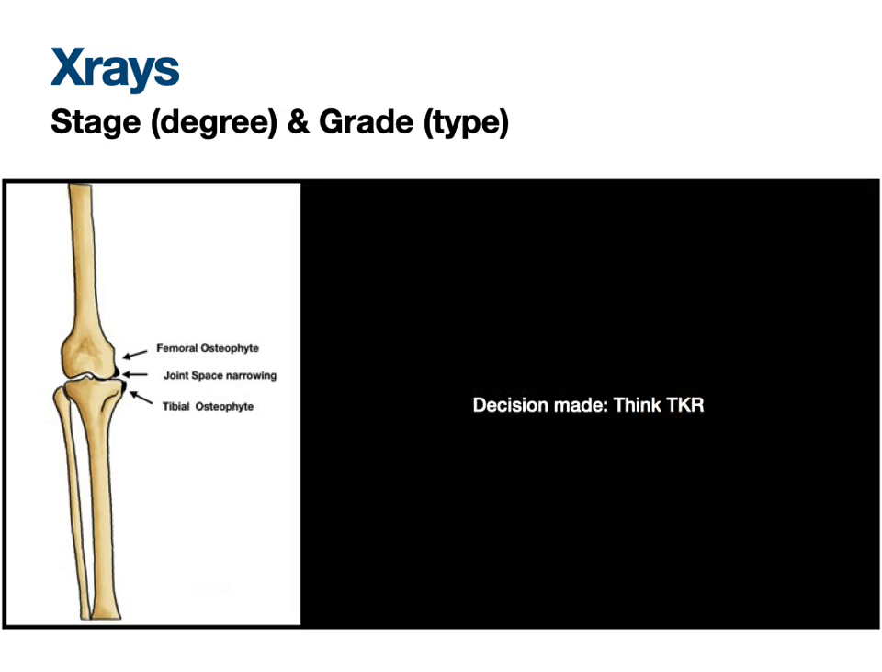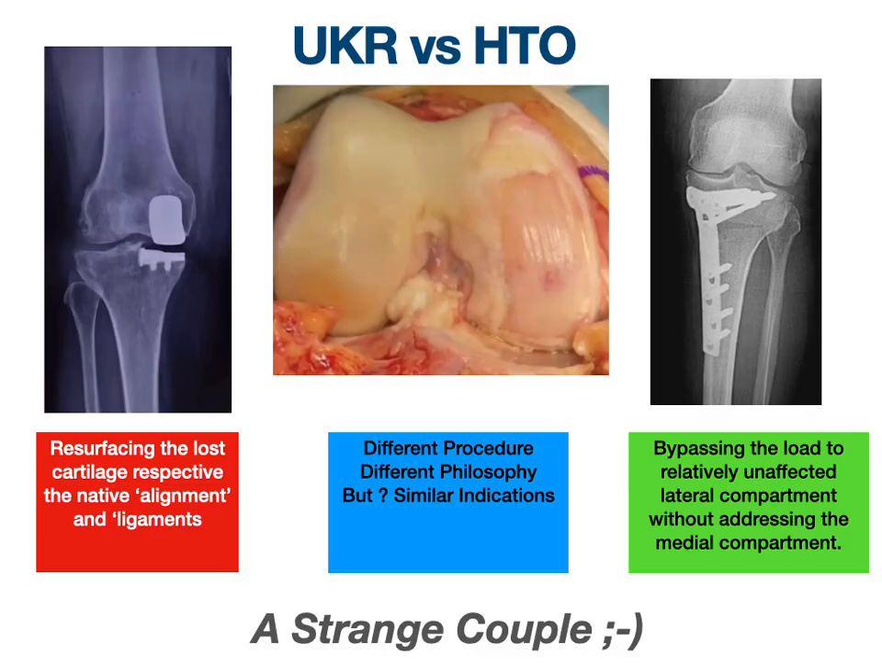So now once that is sorted, let's talk about type A or grade A and stage 1 varus. Here there is a dilemma whether to do a UKR or an HTO. They are a strange couple. They are different procedures, different philosophies, but most people think that they are done for similar indication, which is the